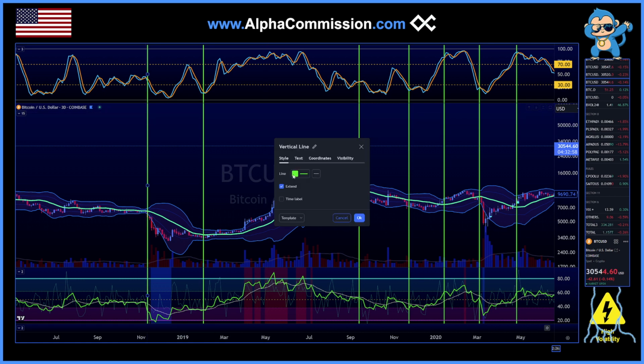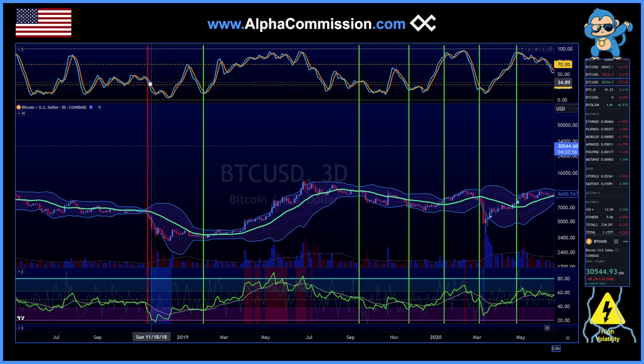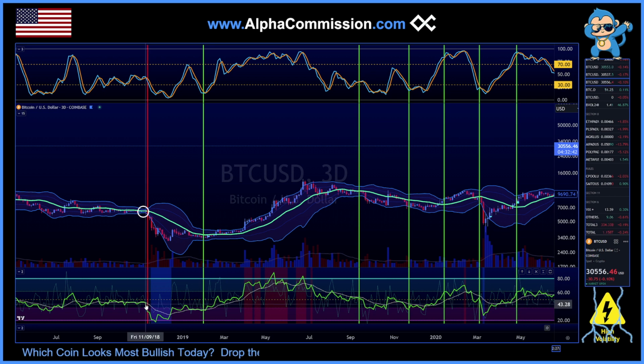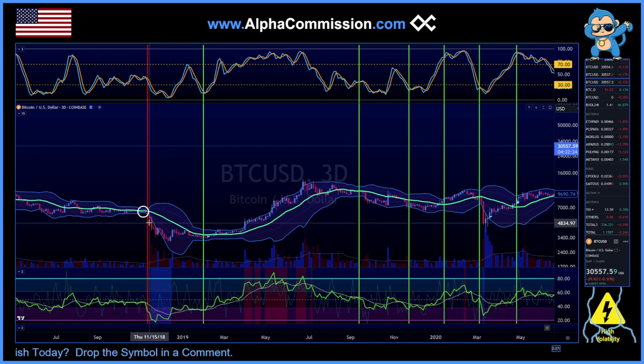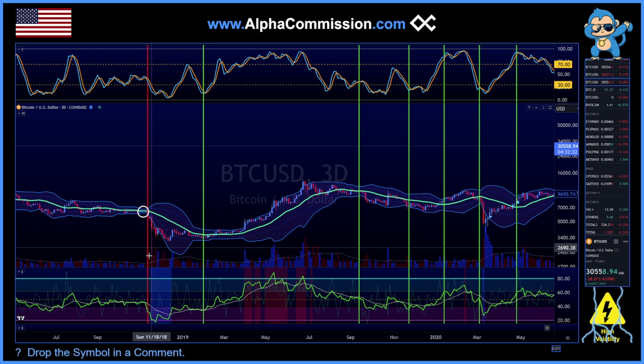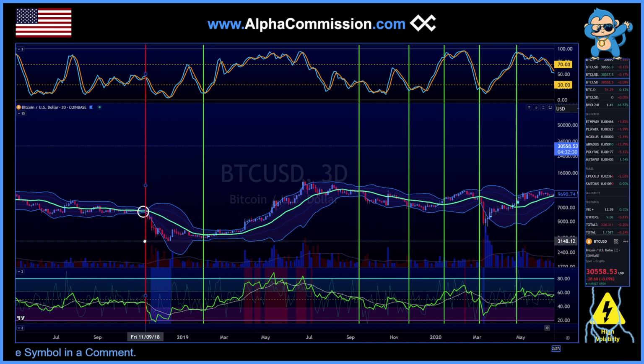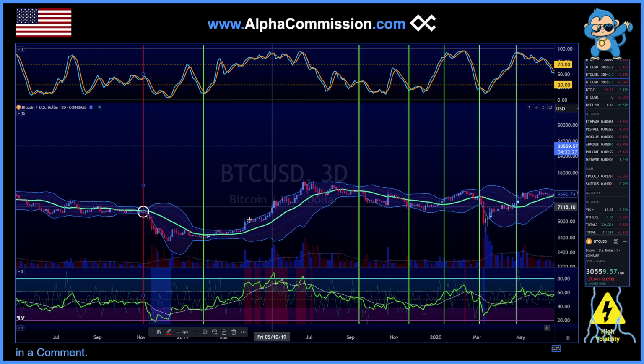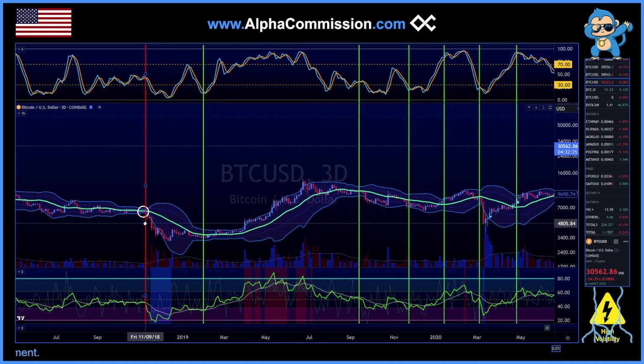And so I'm going to change this one to red because that one was showing negative on the slow stochastic while we had this really tiny area on the Bollinger Band width right there. And then what else do we see? We also see that the RSI is starting to turn down. It's crossed its EMA to the downside and it's pointing down. And again, this is before all of this price action. So we can see literally right here, and again, this is on the 3-day chart,